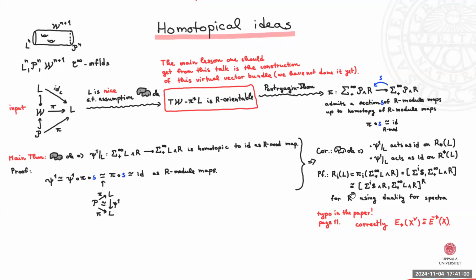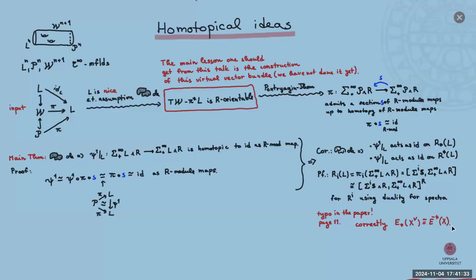Okay, for this cohomology theory, you can prove the same thing using some standard dualities for spectra. Just for non-homotopy theory people, there is a typo in the paper on page 11. Noah missed this check in the statement, and it took me a whole afternoon to realize that it is wrong. Or rather, I thought that I was not understanding it. So just be careful about it. It's a small typo, right?